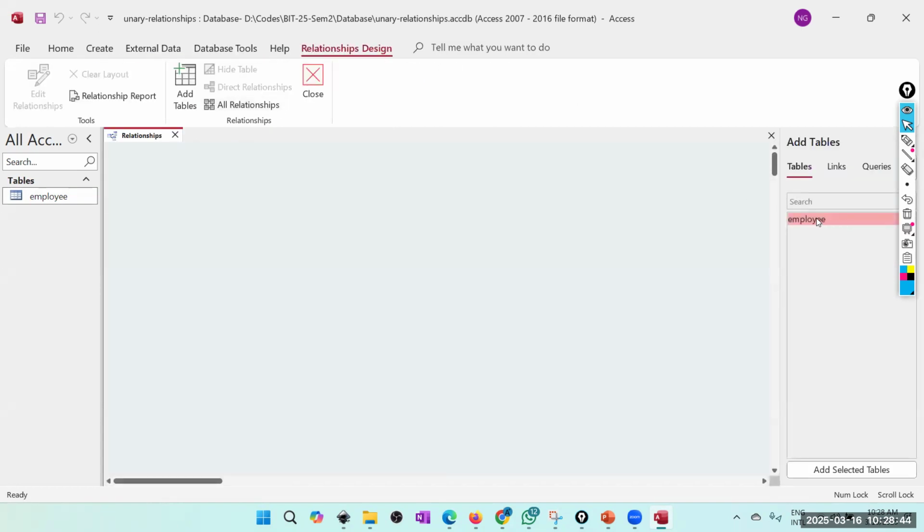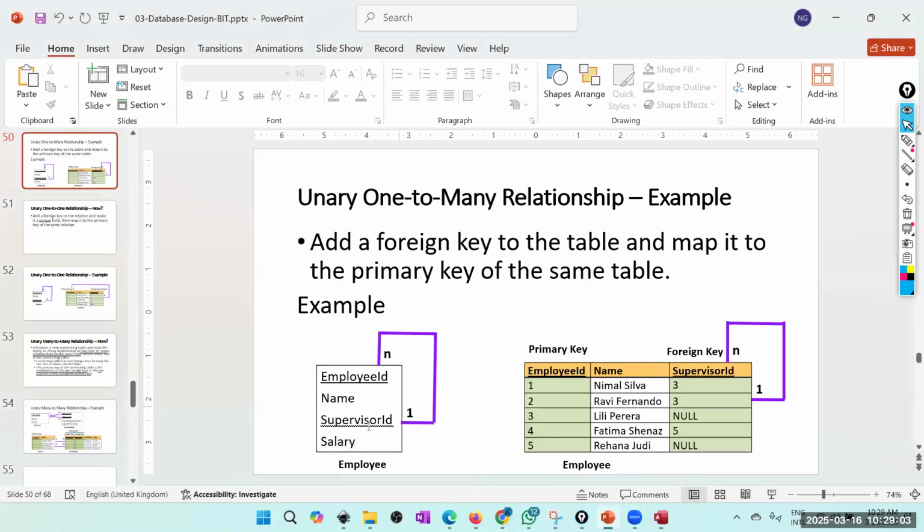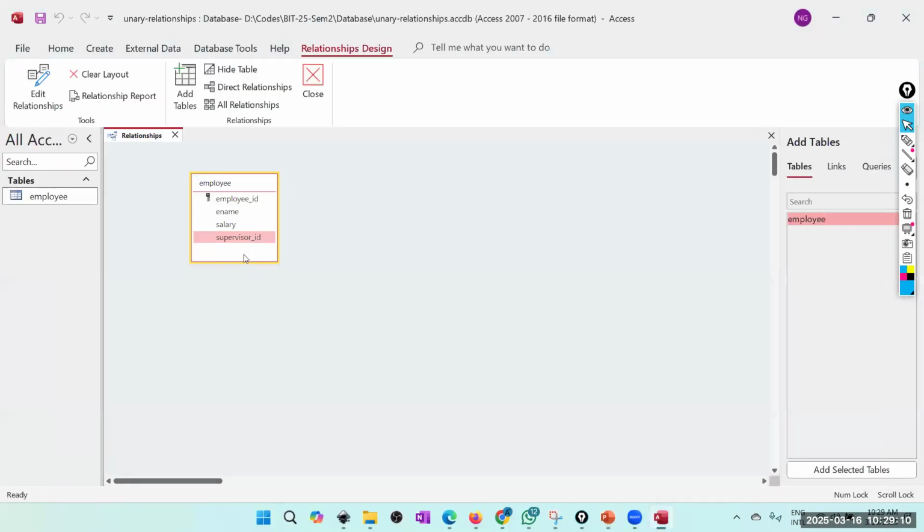I will add the employee table. Now in Access, I can't drag supervisor ID and put it back to the employee ID. That is not allowed, but that is what I want to do. That is why it's a unary relationship. That is what I have modeled here also: supervisor ID is mapped to the employee ID. But Access doesn't allow you to drag your supervisor ID into employee ID. So as a workaround,